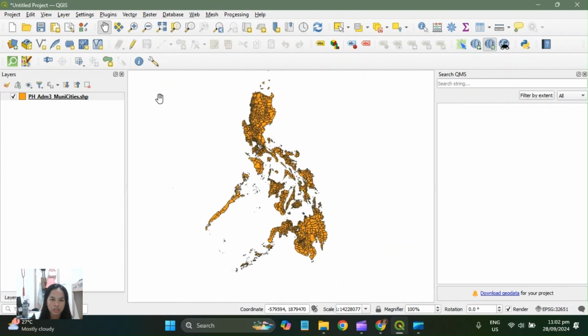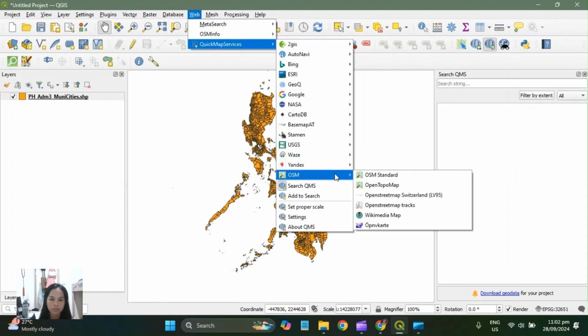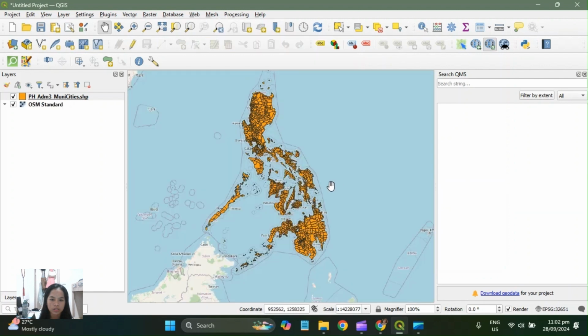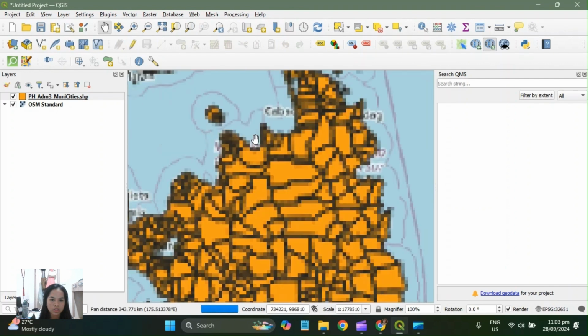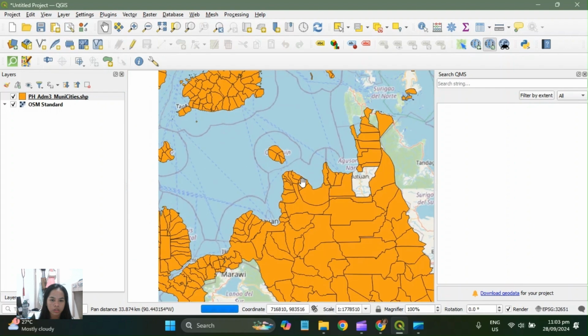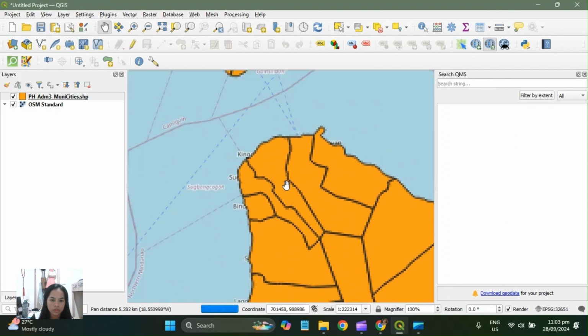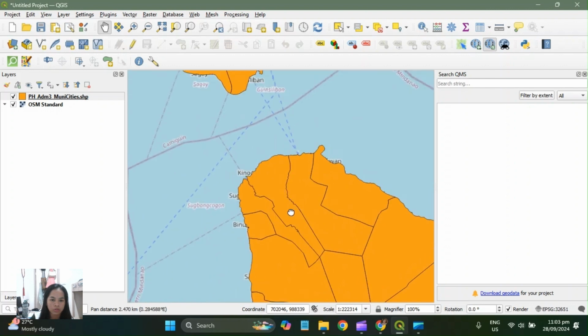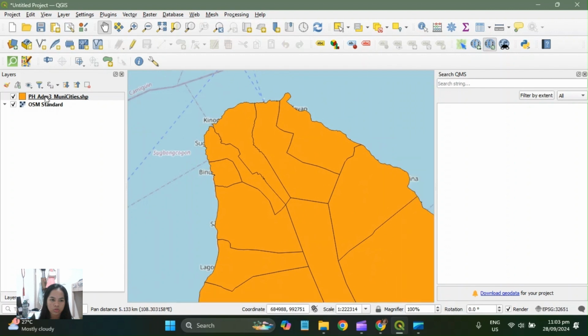After this one, go to the web and then click Quick Map Services and then OSM. Choose the OSM Standard. Here we see it. So let's find the place for the location of interest. We have here Kinugitan.